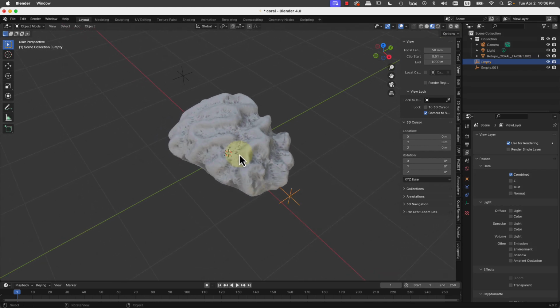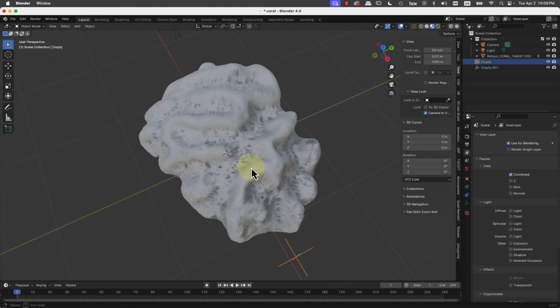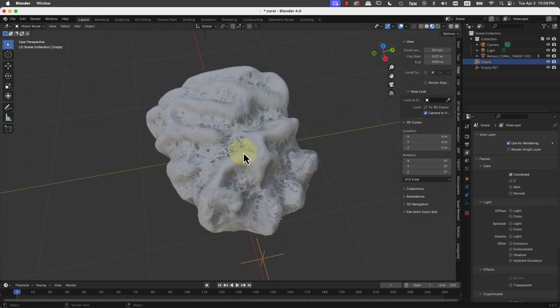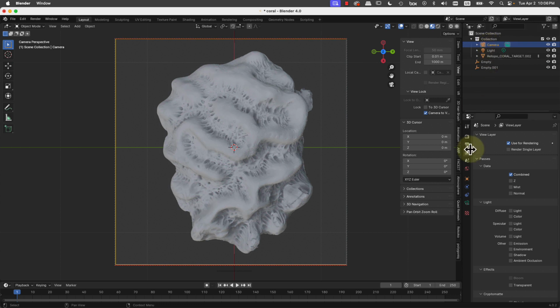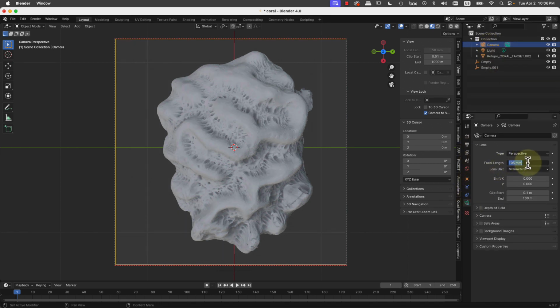Okay, so the thing is, we have the stone here, and to turn this into a texture that we can then use with the displacement modifier and apply to anything, first we need to go into a camera. So if we click the camera, I have this one modified so it's precisely where I want it. The camera settings are here. For what we're doing, I will go into the camera and use a pretty telephoto type of lens,